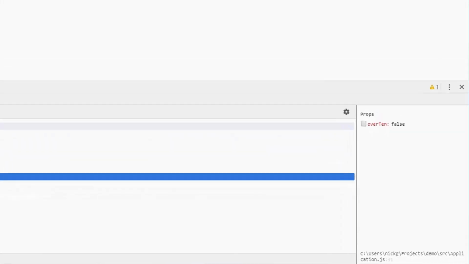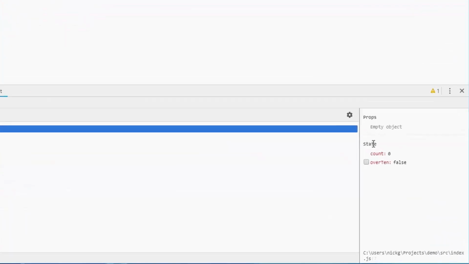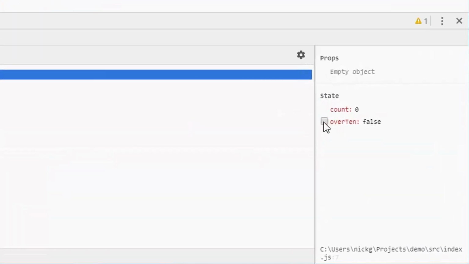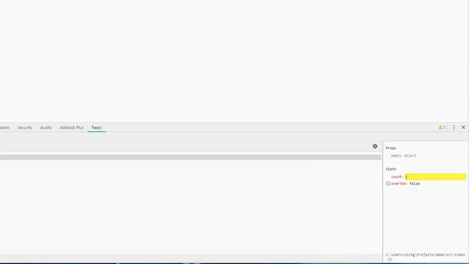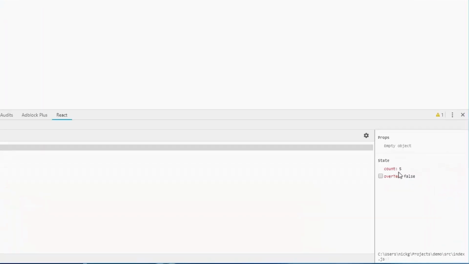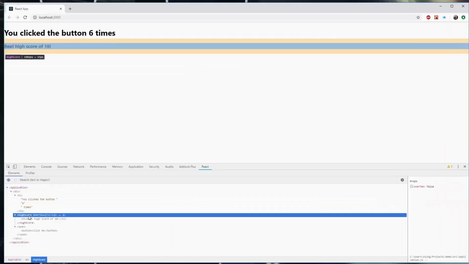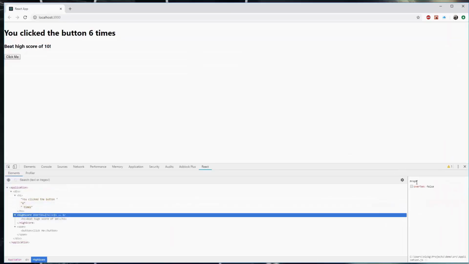Now up on the application level, we see props as an empty object, but we see the state is here. And we can toggle this if it's a true or false. So let's go and click the button. And as we click it, we can see the count is updating in the bottom right. Now if I go to the high score component, we'll see the property is set to false. If I keep clicking the button,